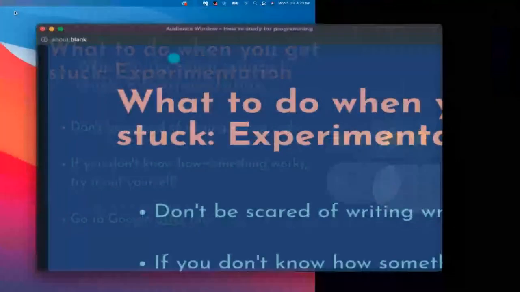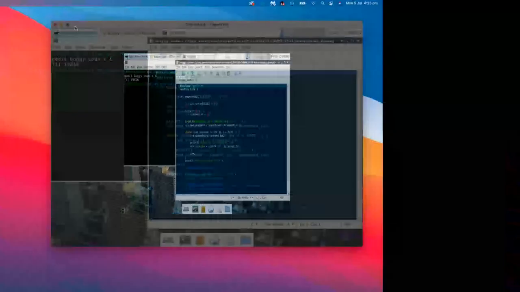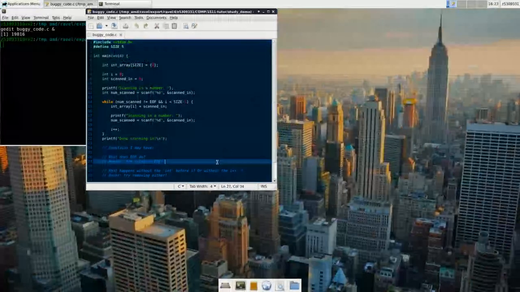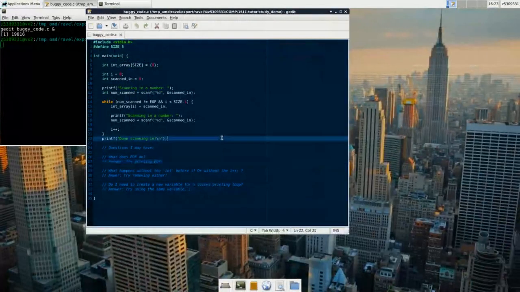So let's have a look at a small demo. Okay, I'm just going to open Vlab here. Cool. Should be up there. Okay, so